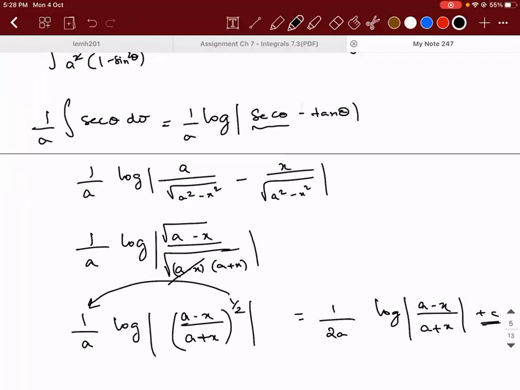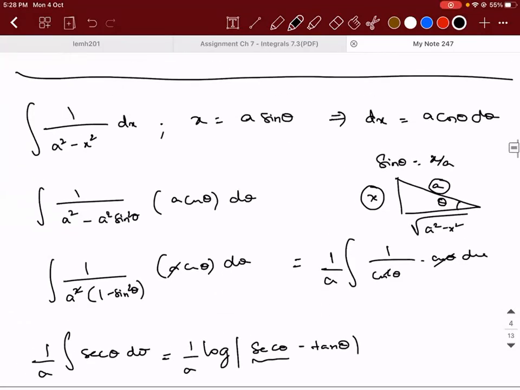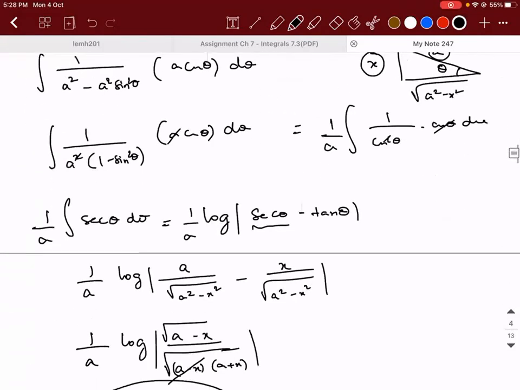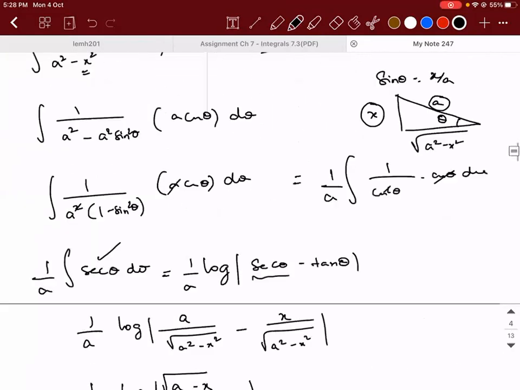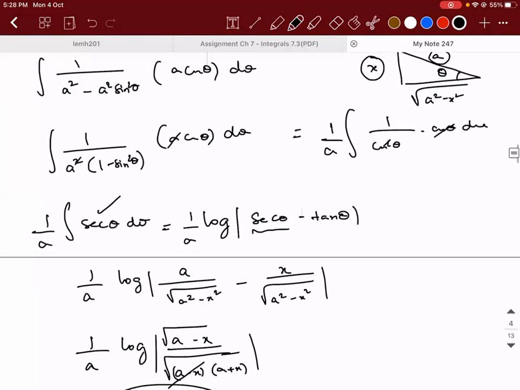So, sir, we can say this is a formula for integral of secant theta by any constant, sir. No, that is not what I told. I was trying to say this is the formula for 1 by a square minus x square. That's it. You derived it by substituting x is equal to a sin theta, in which one of the steps gave you integral of secant theta. Okay. We can't use this directly from secant theta, sir. You can't use. Okay, sir.